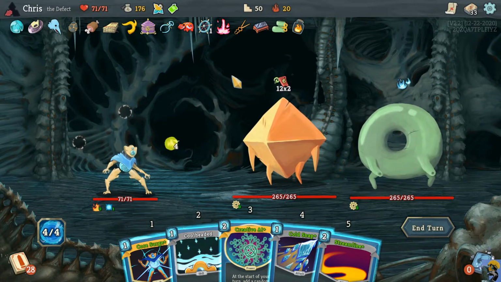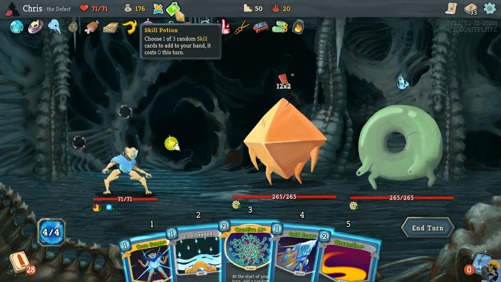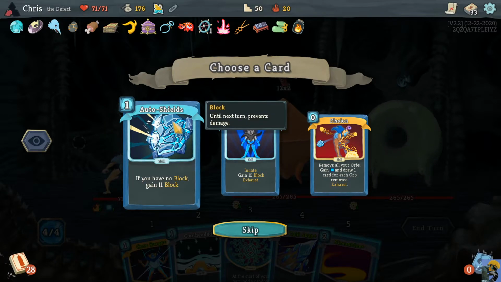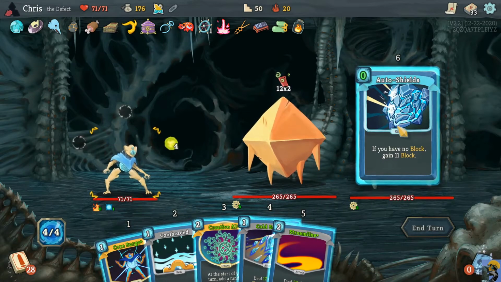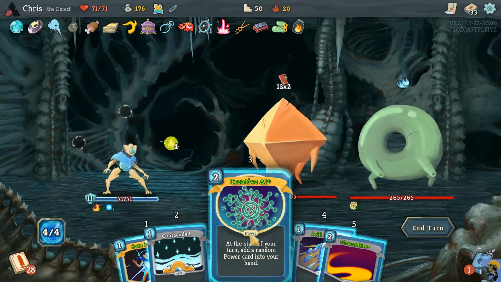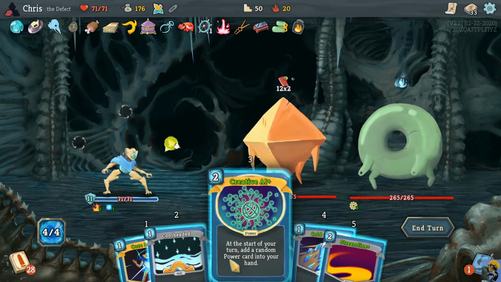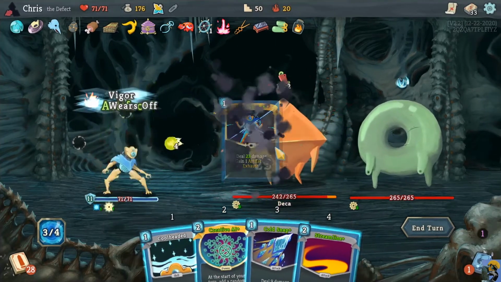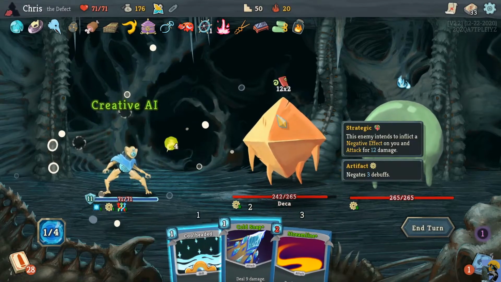So here we're going to take a bunch of damage. I'm going to drink this and see if I can get some kind of sick... I guess I'll just play Auto Shields. I'm going to do... Oh man, our Warp Tongs upgraded this to cheapen it. That's so good. So I'm going to do this so that I don't get debuffed, and then Creative AI...